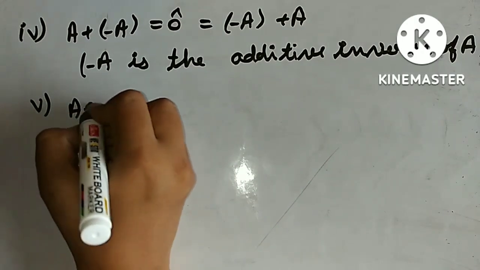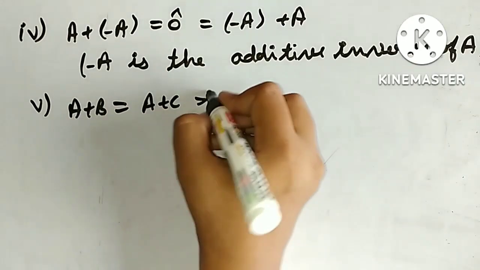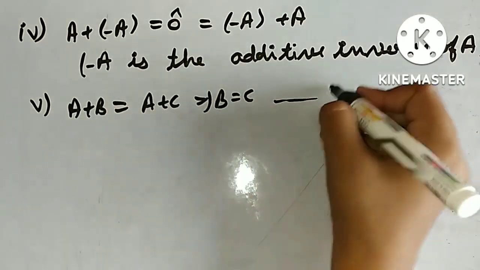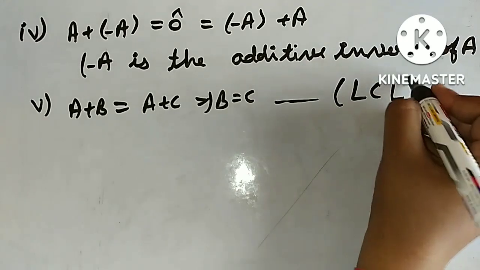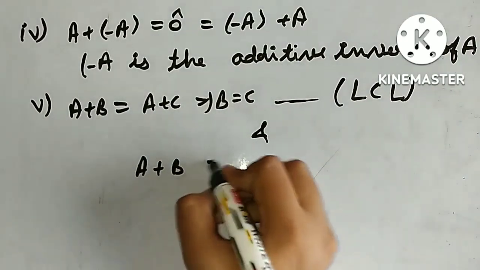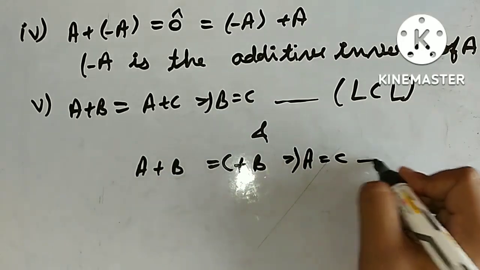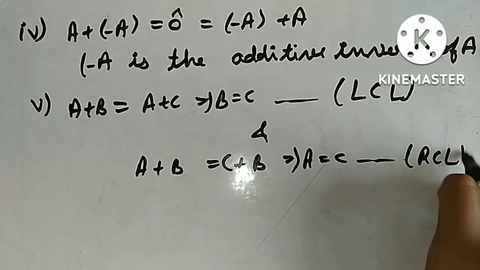Fifth, A plus B equal to A plus C imply that B equal to C, left cancellation law, and A plus B equal to C plus B imply that A equal to C, राइट कैंसिलेशन ला।